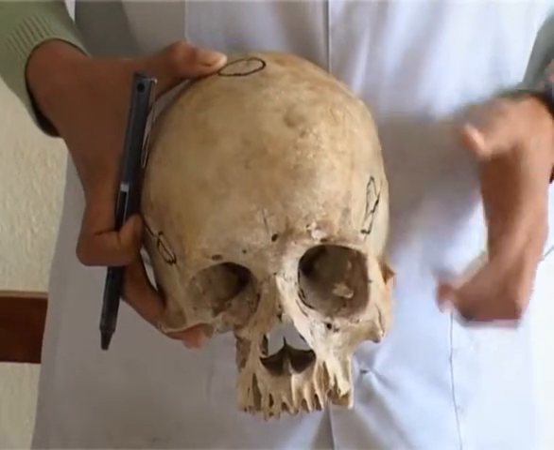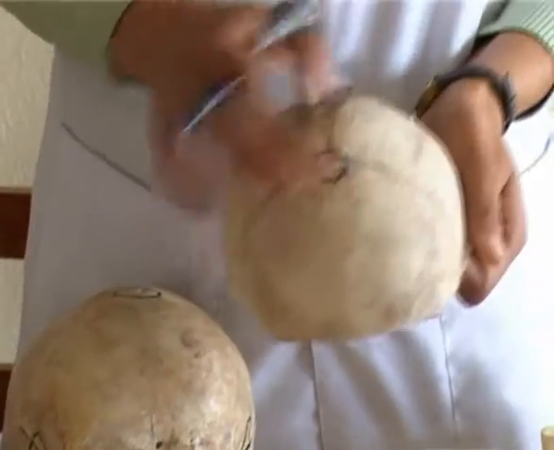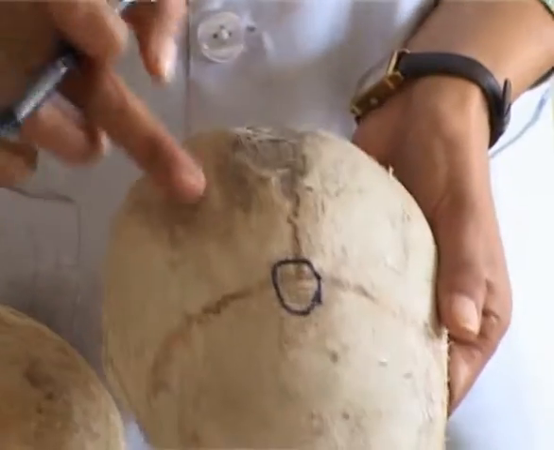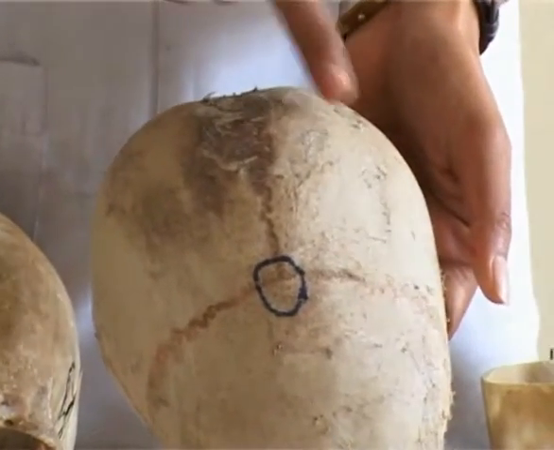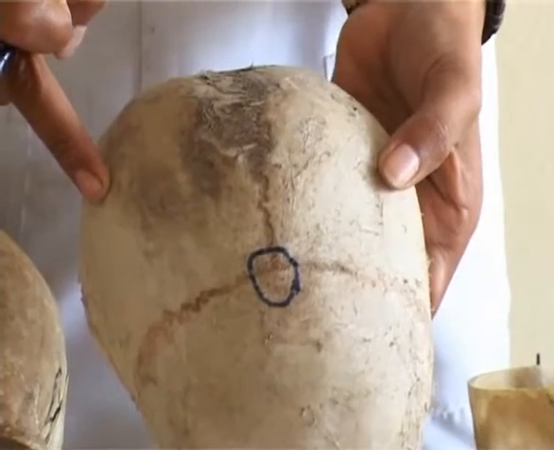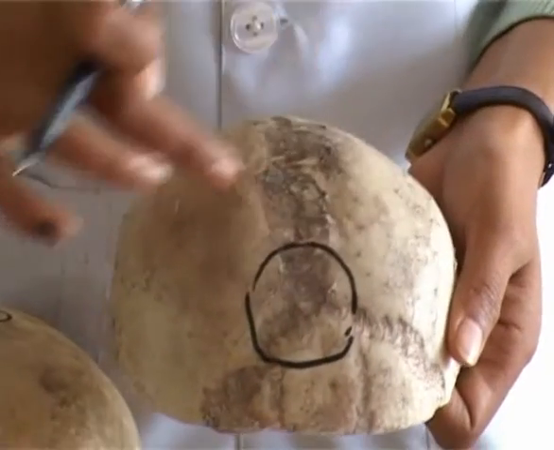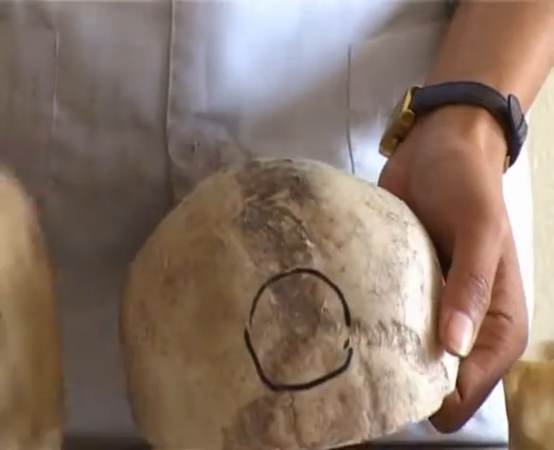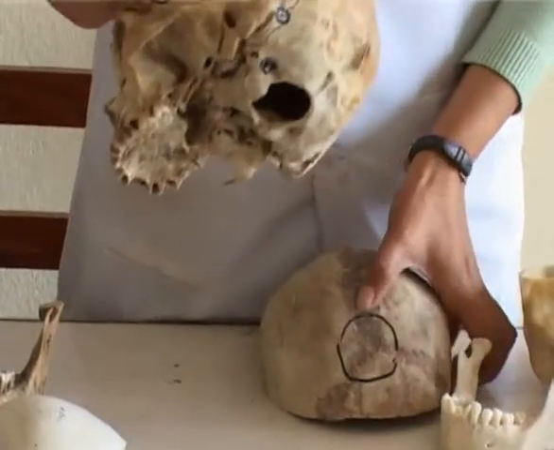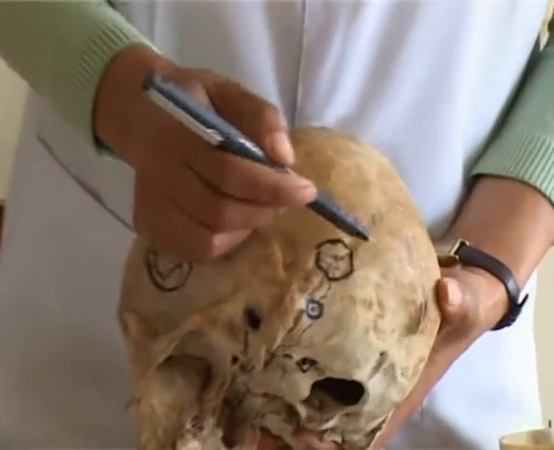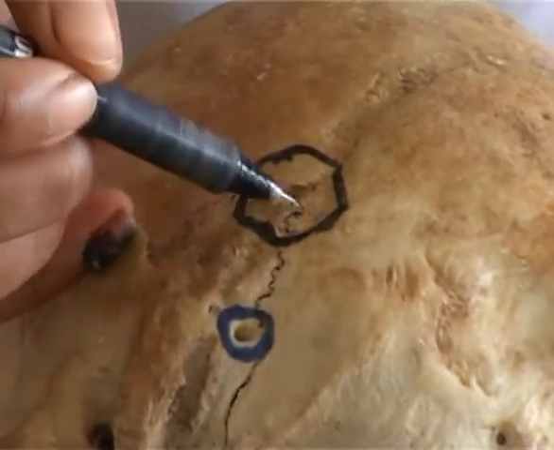The sutures in the skull. The coronal suture is present between the frontal and two parietal bones. The sagittal suture is situated between the two parietal bones. The lambdoid is present between the occipital and parietal on each side. Then there is a small occipitomastoid suture and a small parieto-mastoid suture.